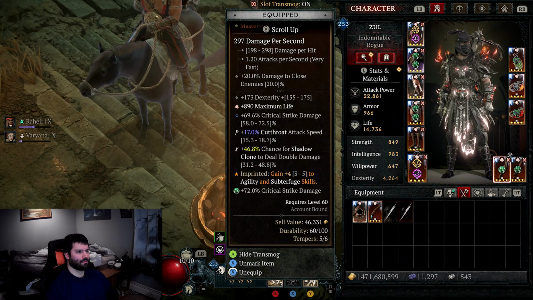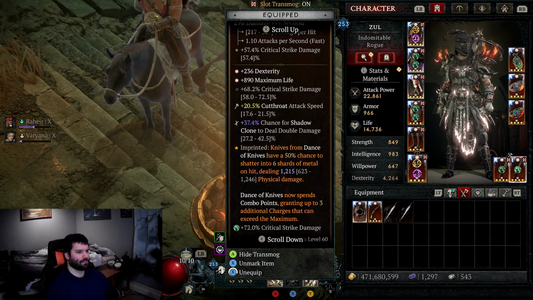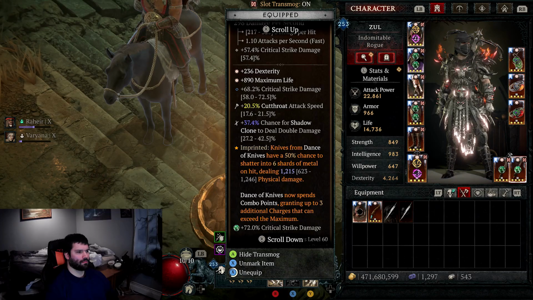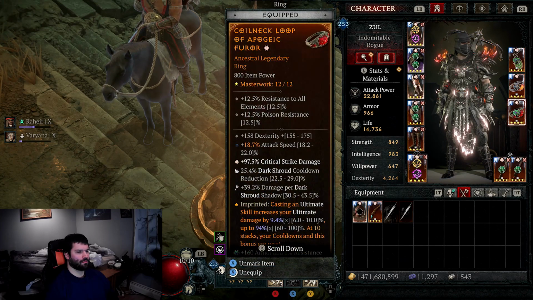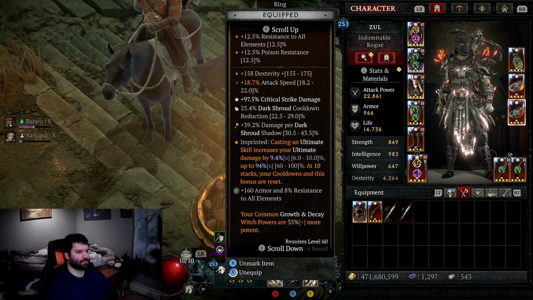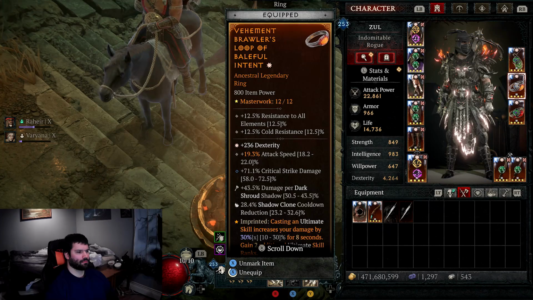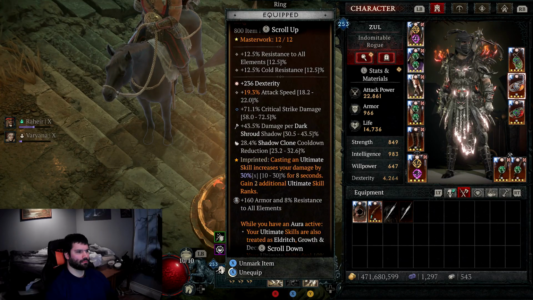So there's like 2 columns. Apparently they explained it to me. You can get 100% regular attack speed, and then there's a different column for Cutthroat Attack Speed. I was a little confused because it didn't feel like much difference, but it's actually there. So your Cutthroat Attack Speed is different from your regular attack speed. There's 2 separate columns for those, which I don't know why they put in the game, but